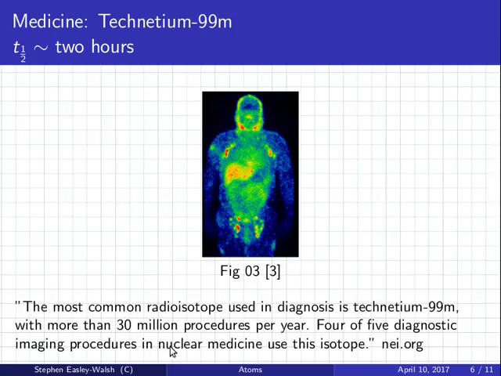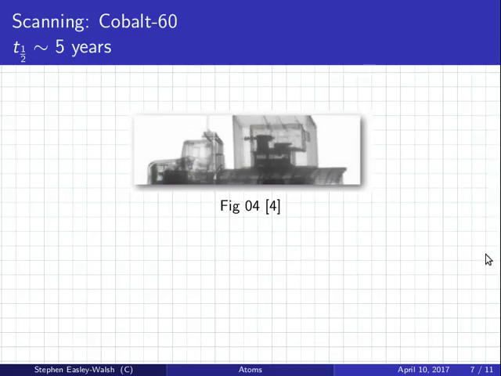30 million procedures per year. That's a lot. This one here is used for security. It's used, for example, at the airport. They use the radiation to scan